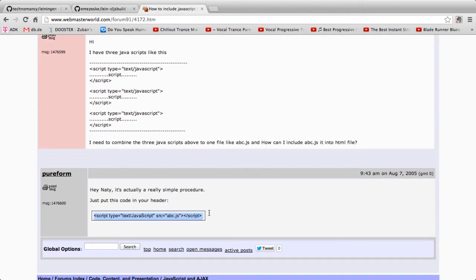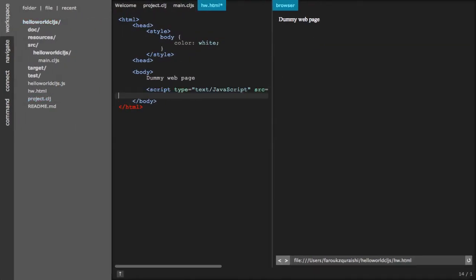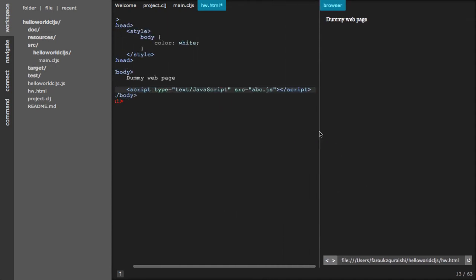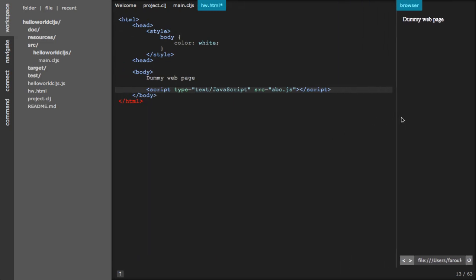So here's an example. This is a nice thing in Light Table, that you can just move the web page quite easily. So we called it Hello World CLJS, Hello World CLJS.js. Okay, so